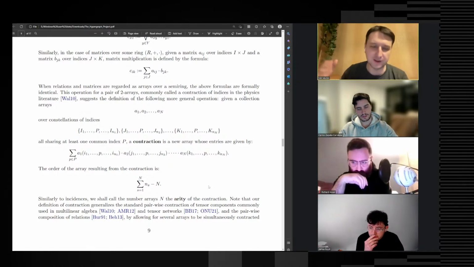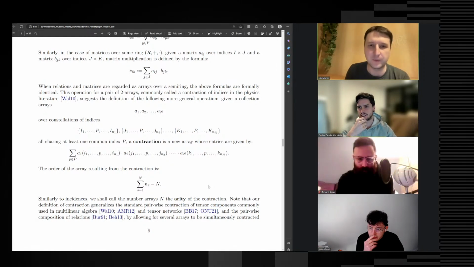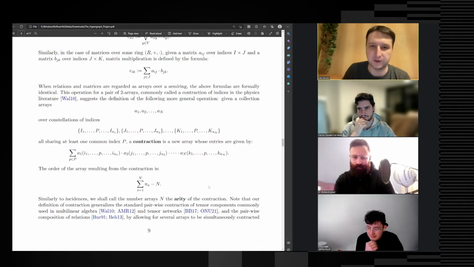What do you mean by tensor? Just a higher order array? As an actual array. Yeah, it's just an array of a rank with the highest order of a hyperedge that we have. If the highest order of a hyperedge is 3, then your tensor is going to be a rank 3 tensor.